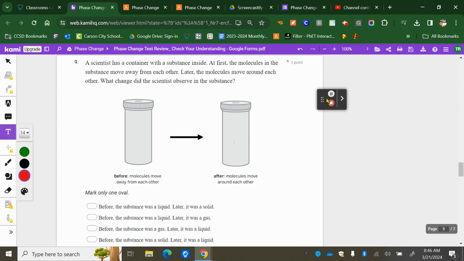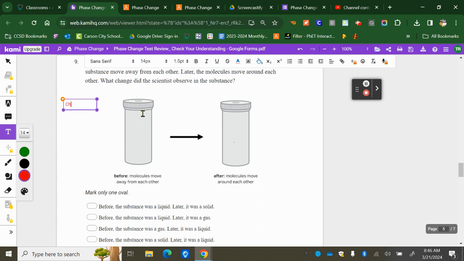Okay, so we are going to look at this question now. This question is an example of our chapter 1 question. There's not a lot of information that tells us. We just need to identify if it's a solid, liquid, or gas. So our chapter 1 question is all about that molecular freedom of movement, or